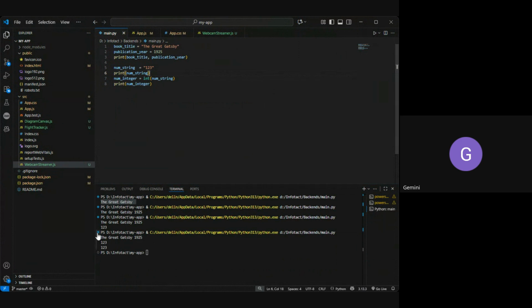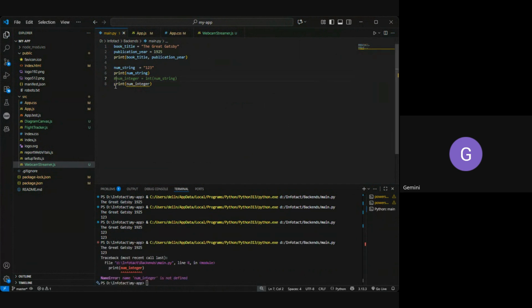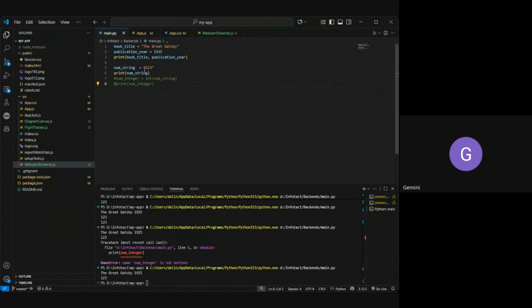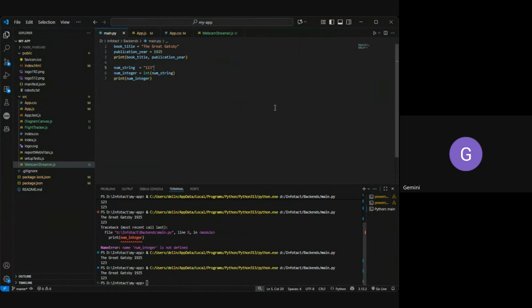See, as it already converts this, let us make it a... okay. This, see, this is a string, then it converts it into the integer and it prints it as an integer. Okay. So back to our